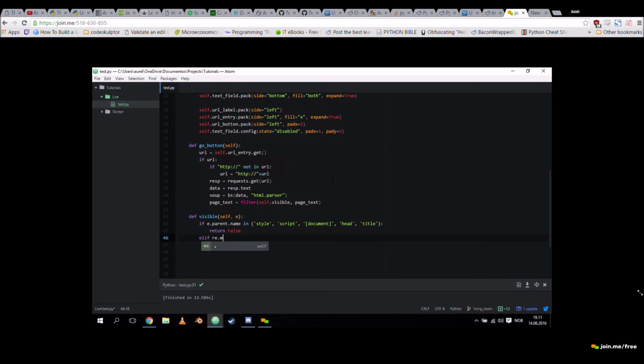This is a little use case for regex, and if you don't know what regex is, I envy you. You lucky person. Regex is, back in the day when we needed to go through a piece of text and find a specific piece of information, because if you're looking for something like up here, you're looking for style or script or document, those are words that you can recognize.